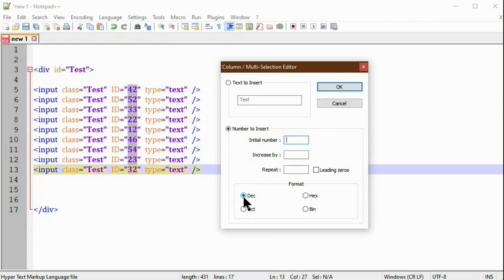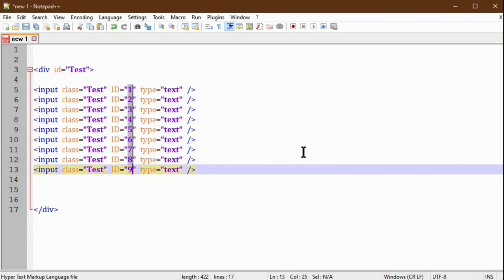Here it asks for the initial number; we will give 1. Then it asks for Increase by; we give 1. Then click OK, and it will automatically change all the numbers to serial numbers 1, 2, 3, 4 like that.